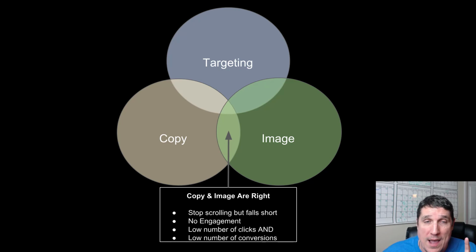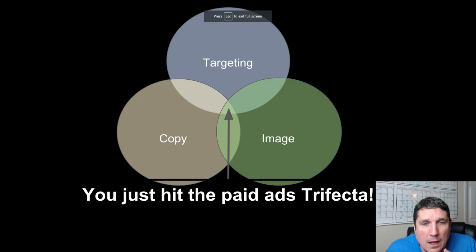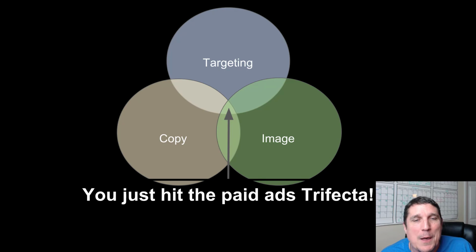I'm really excited. Now, what happens if you get them all right? Well, it's real simple. You get what I call the paid ads trifecta. Okay, so that's a horse racing reference. I did grow up in Kentucky, and there you go. But it just means you hit everything right. 1, 2, 3. You got them all right. You hit the lottery, and that's what you're looking for. So anyway, I just wanted to get that out to you as soon as I could. It's very simple, but very powerful.